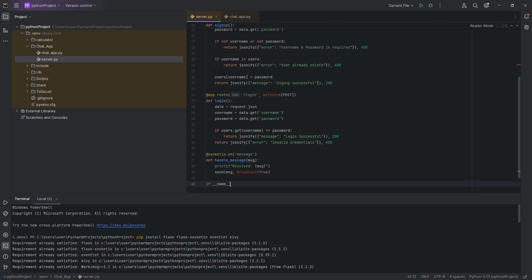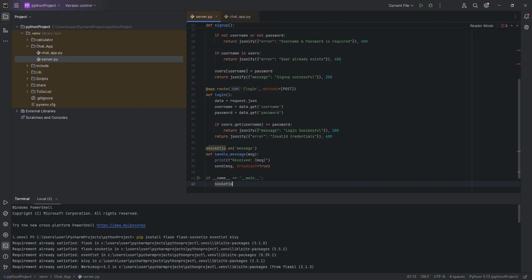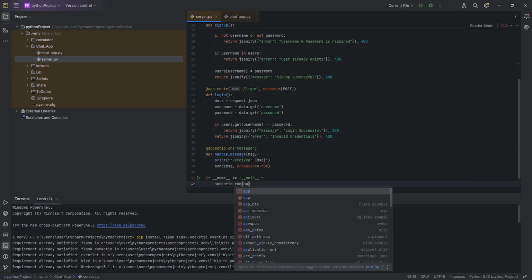Here I'm going to put in __name__ double equal single quotation, __main__ with a colon. After that, I'm going to put in socketio.run, open parentheses, defined in the application, comma,